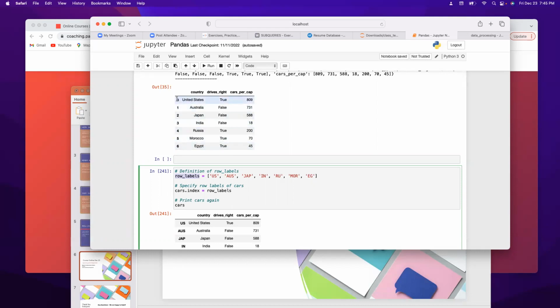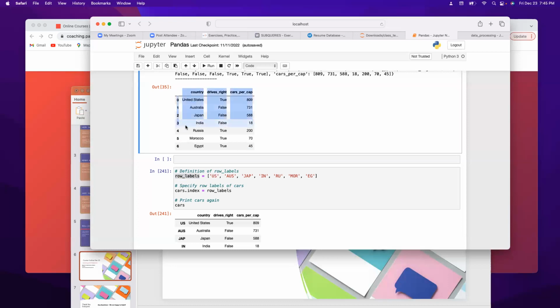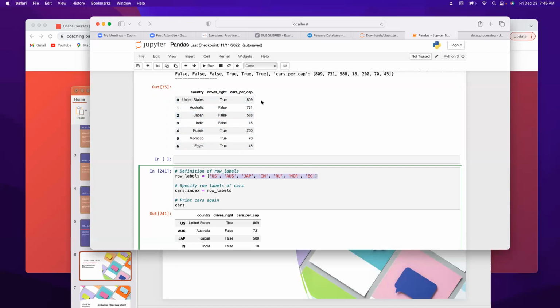In general, the rows are labeled serially. But then you can specify another enumeration for row label. So we did that by passing another list, and we call it row label. Instead of using just 1, 2, 3, we use a code, like country code. So we created a row label of country code, and we now specify that the index is our row label. If we do that and print again,